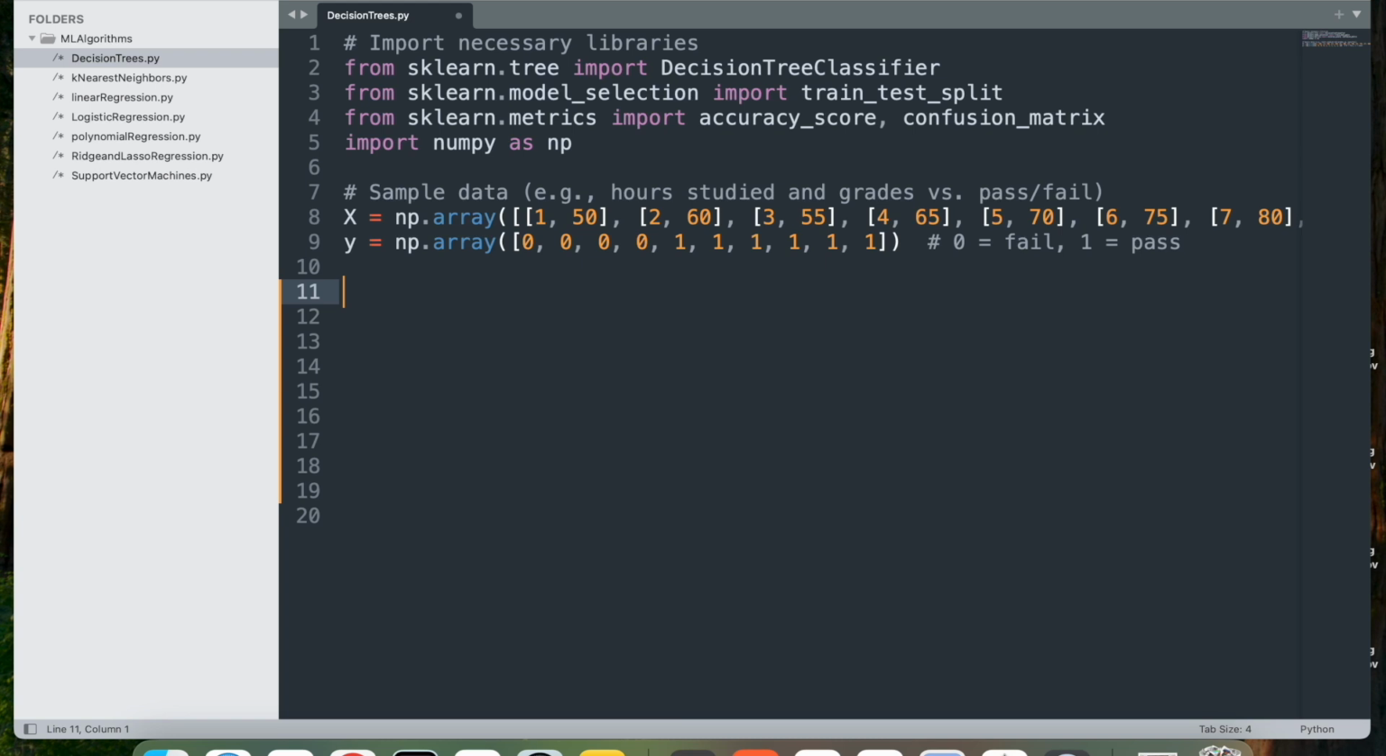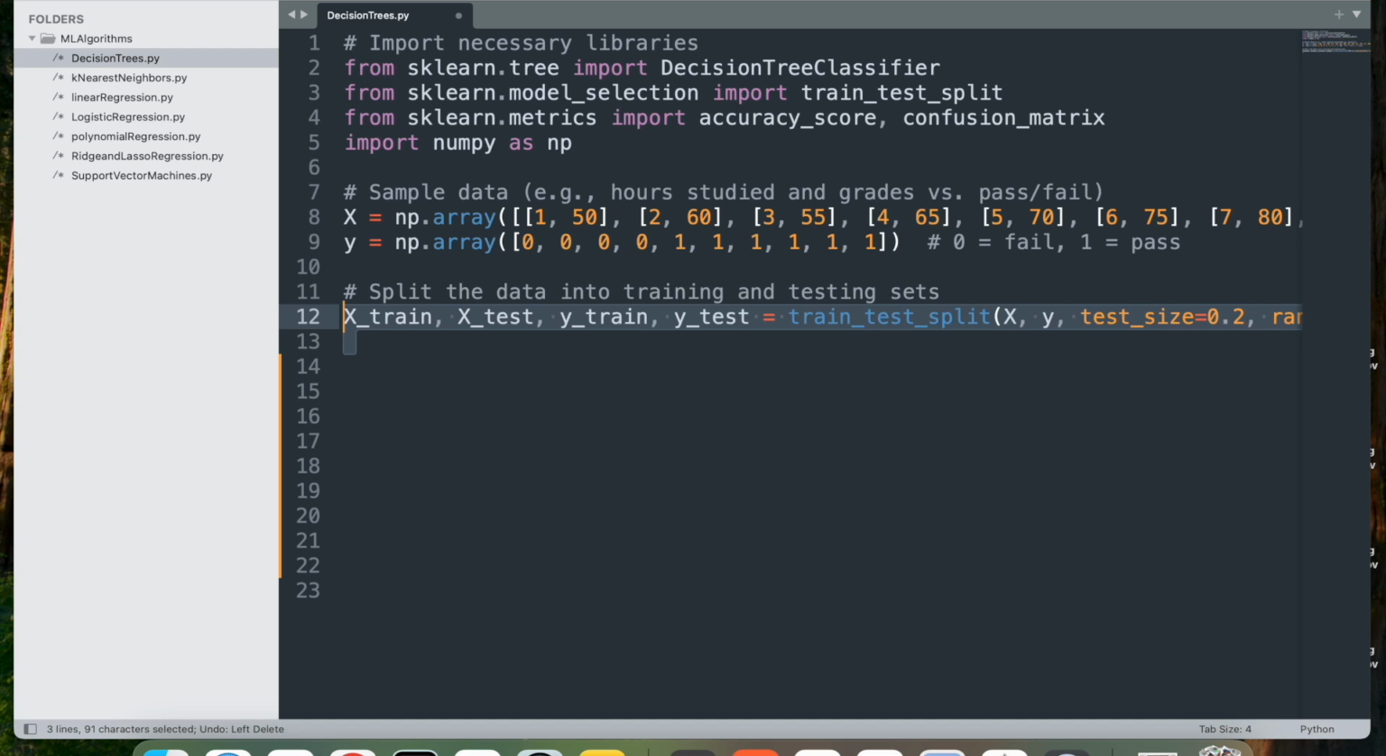This is a binary classification task which is ideal for a decision tree classifier. Next step, let's split the data into training and testing sets. We call X_train, X_test, y_train, y_test, and call the train_test_split function, which splits the data into training and testing sets. Now, X_train and y_train are used to train the model, whereas X_test and y_test are used to evaluate the